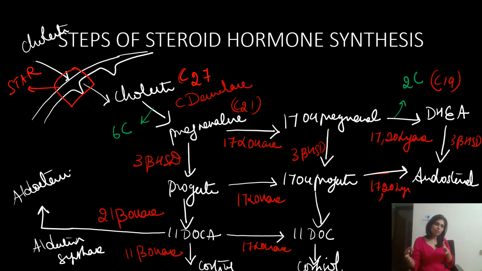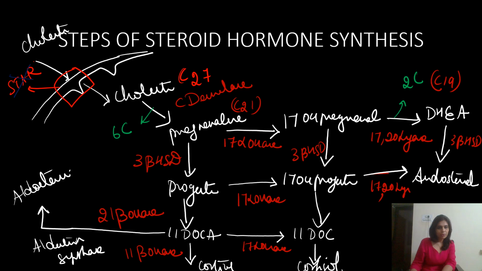If it is glomerulosa, you know it has to synthesize aldosterone, which means the enzyme has to be aldosterone synthase. So in glomerulosa, aldosterone synthase converts 11-deoxycorticosterone to aldosterone. Whereas if it's fasciculata, the next enzyme is 11-beta hydroxylase, which converts 11-deoxycorticosterone and 11-deoxycortisol to form corticosterone and cortisol. These are the enzymes and the steps involved in normal steroid hormone synthesis. Now, what happens when the first protein, what is the first protein?